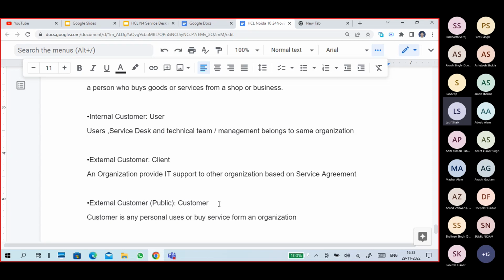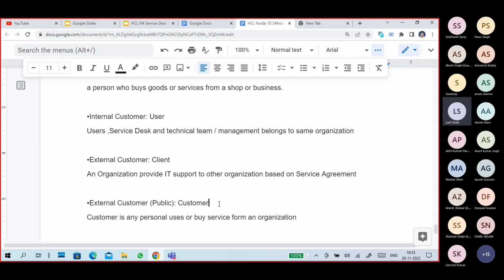Most of your work is about external customers, meaning clients, meaning an organization provides IT support to other organizations. Your organization provides certain support, maybe storage related, application related, database related, cloud related, networking related, or infrastructure related, from our organization to another organization.